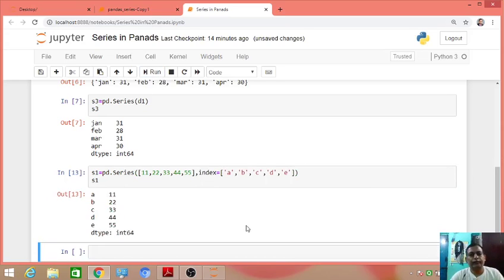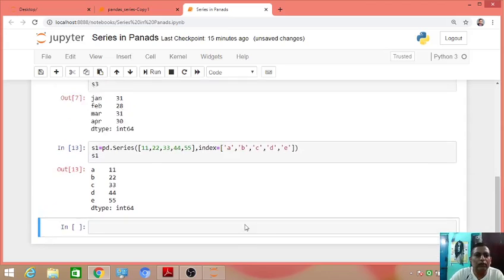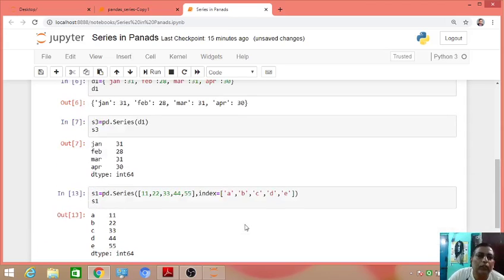Yes. So if you do programming, sometimes you have to face errors also, and you have to fix or remove that error. So in this way you can create a series.